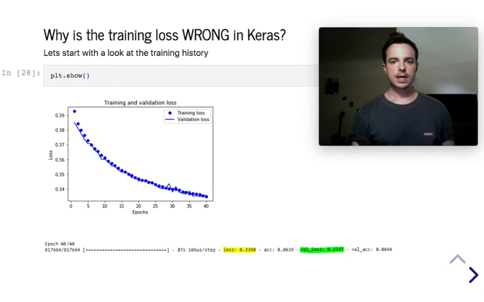If we have a look at the loss, I've just printed it down there. You've got the training loss, which I've highlighted in yellow, which is 0.33, and the validation loss as well, which is 0.334. So there's a 0.002 difference, which is pretty good. To me, that says there's no overfitting. We're achieving the same loss in both training and validation. So what's the problem? Well,